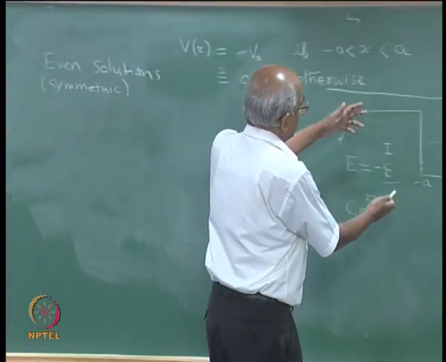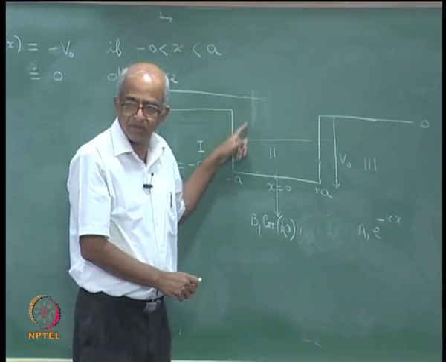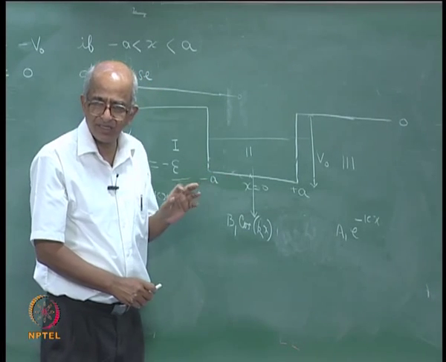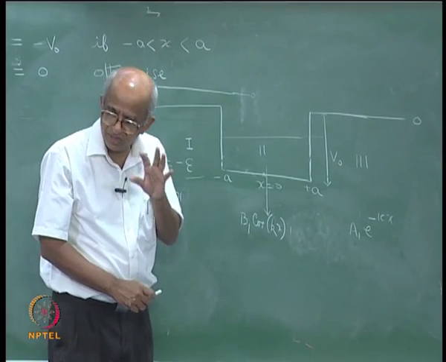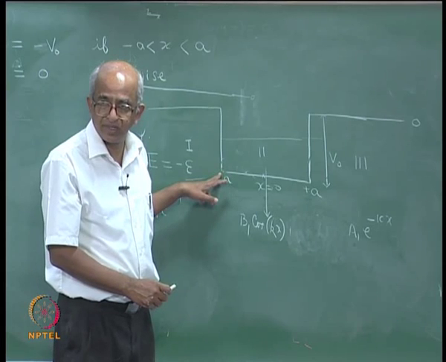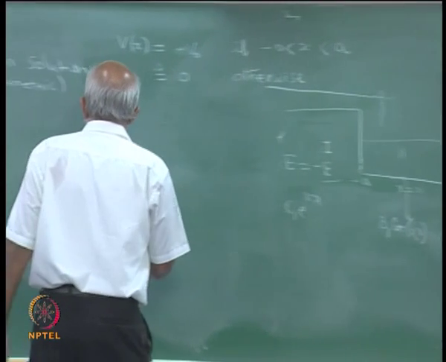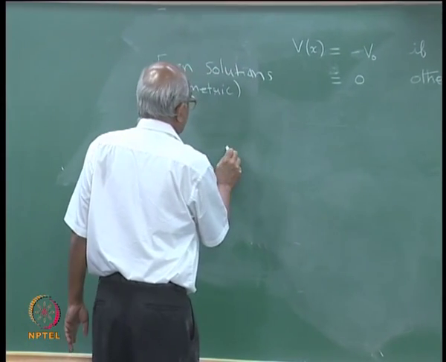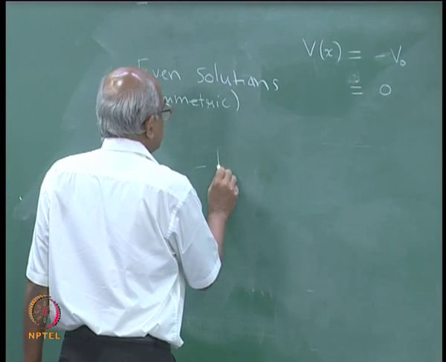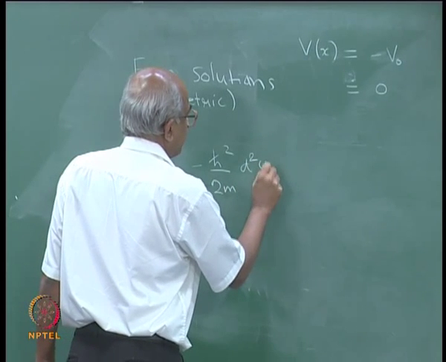See, you look at the potential, actually at this point it has a finite step. As you cross this point, the value of the potential changes by a finite amount. So, strictly speaking the potential is discontinuous at this point, at the point x is equal to minus a. So, if you look at the Schrodinger equation, what does the Schrodinger equation say? In general, it says that minus h cross square by 2m. Here I am telling you something that is very general.